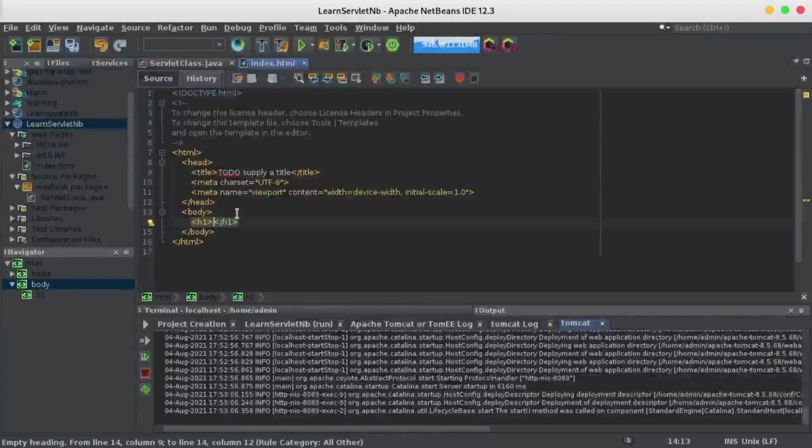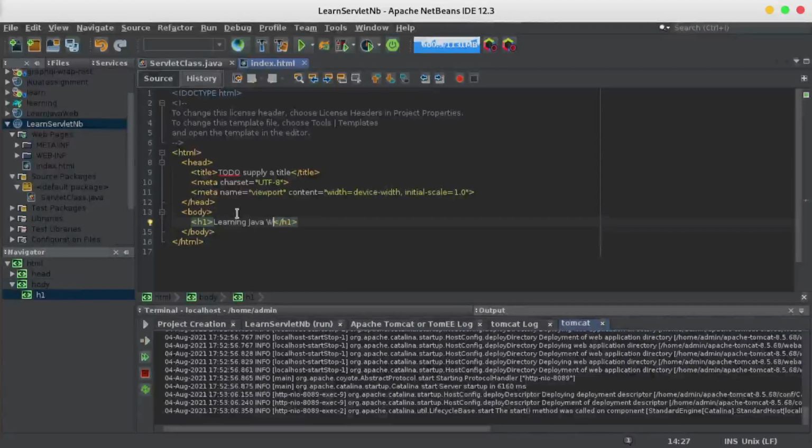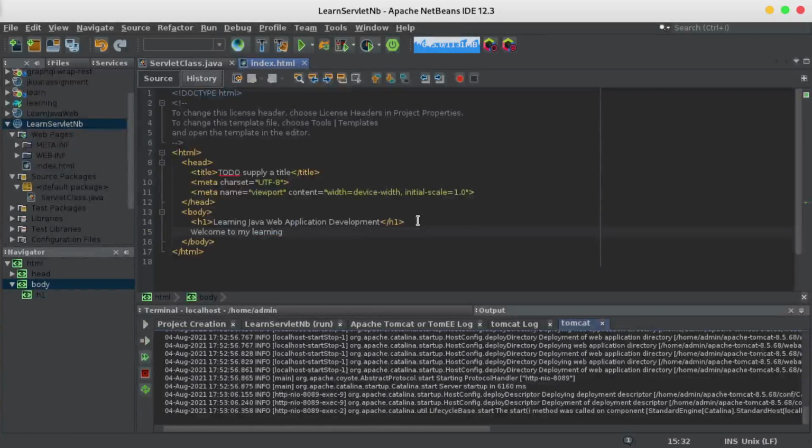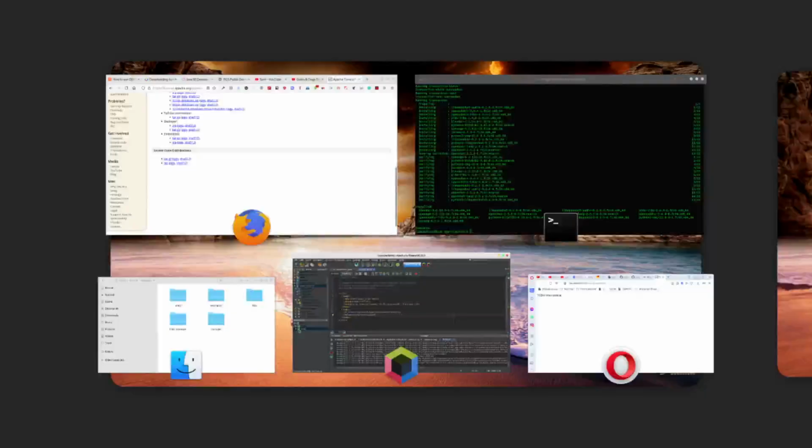Then the body will welcome people by telling them welcome to my landing page. I hope that's interesting. And now you can go and try and load our page.